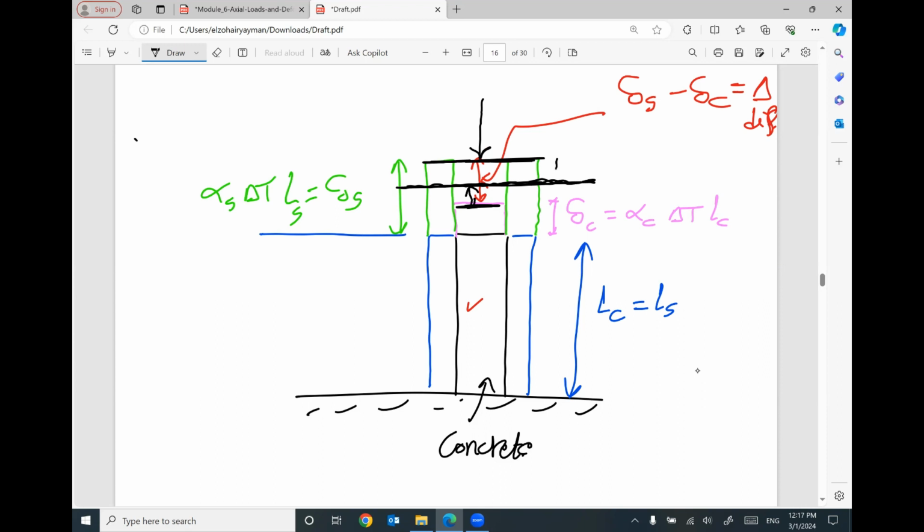The amount of contraction in steel equal the applied force P, L steel divided by A steel, E steel. The amount of concrete that is pulled up is P, L concrete, area concrete, E concrete. Keep in your mind, this amount plus this amount equal the original difference between the two materials, which is here. And keep in your mind, the applied force P, I assumed it, P trying to push the steel down, so it will cause compression in the steel. And the same force P trying to pull the concrete up, so it will cause tension in the concrete.